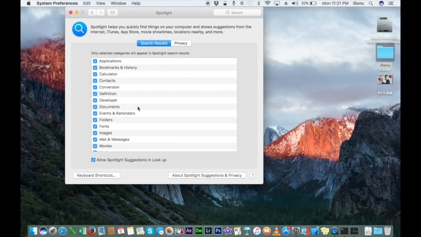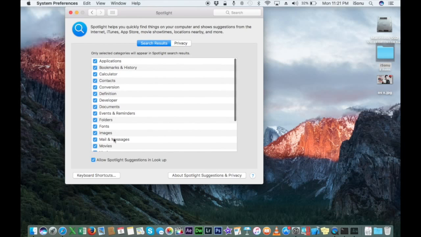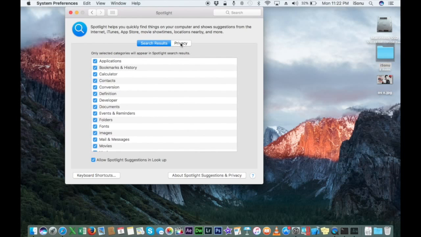Spotlight. As I mentioned in the earlier tutorial, you can customize your Spotlight search. So this is where the preference of the Spotlight lies. You can come here and uncheck everything which you don't want shown on the Spotlight search. And in case the Spotlight search or any search field on a Mac is giving you trouble, for example, if you have a mail and you're not able to find it, it's basically related to the Spotlight search